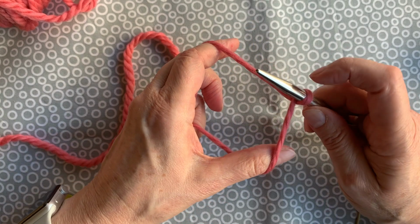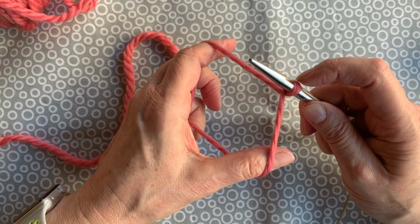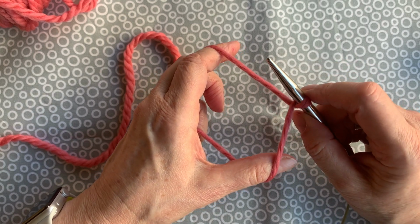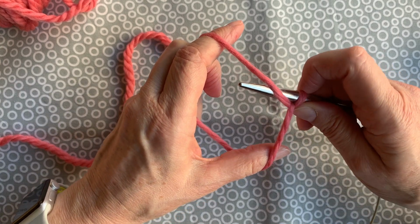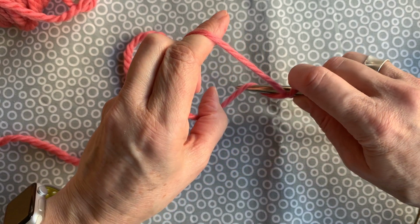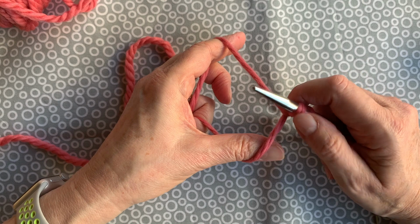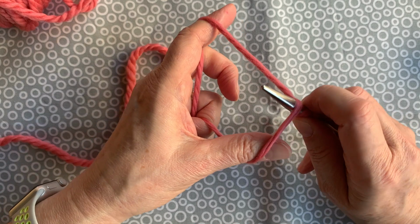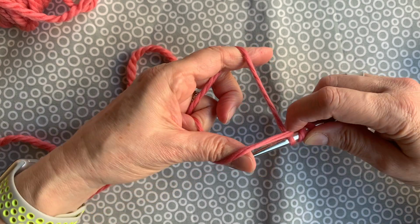So your first stitch on your needle is what would have been my slip knot, but is just on the needle. This is a knit stitch. So next we need to make a purl stitch for 1x1 ribbing. So you're going to go under the yarn on your index finger, over the yarn on your thumb, grab the yarn and pull it through and under the yarn on your index finger. Your next stitch is going to be a knit stitch, so you're going to go under the yarn on your thumb, over the yarn on your index finger, pull it through and under the yarn on your thumb,